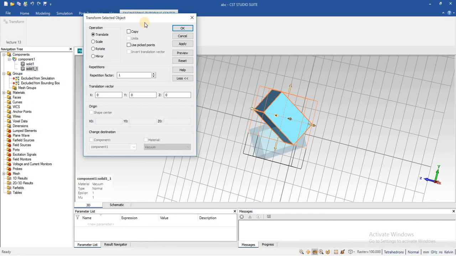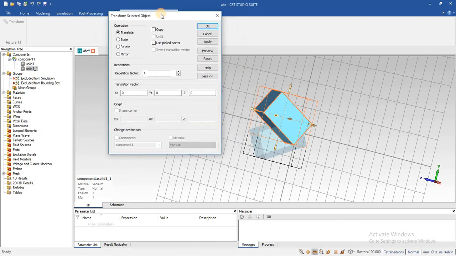In this way we can transform an object when we need the same object two times or three times. We do not need to create that object again and again. In complex geometry, creating the same object again will take time. We can simply transform it from here and make a copy of it. So we will use it in different projects. We will see how it is useful and how this transform command will save you a lot of time.